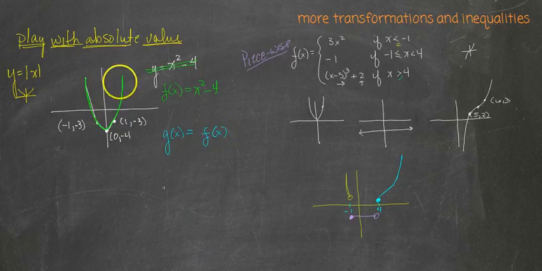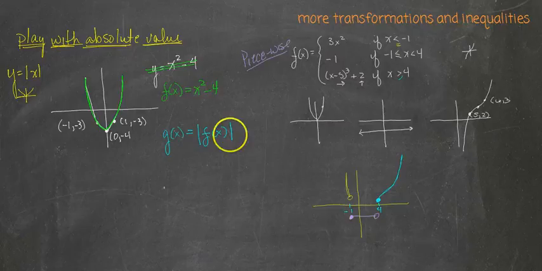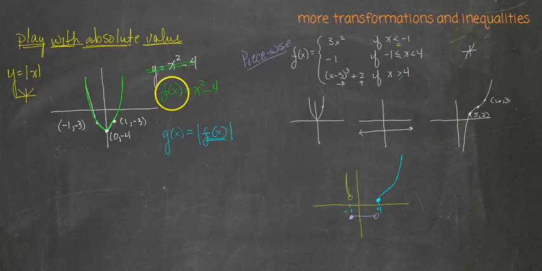So the exact same parabola, except I want to turn that absolute value. So what would g of x have to look like? Well, what would that say? That would just say all of the output values, because f of x is the output values of the original, all of the output values will be flipped from being negative to being positive, because it's about distance. So instead of being on the negative side of the graph, they'll change to be on the positive side, because